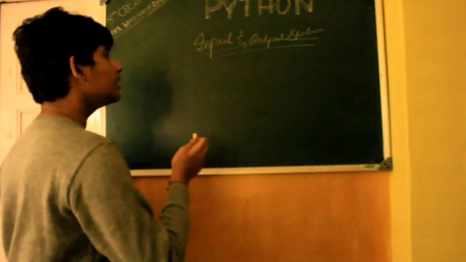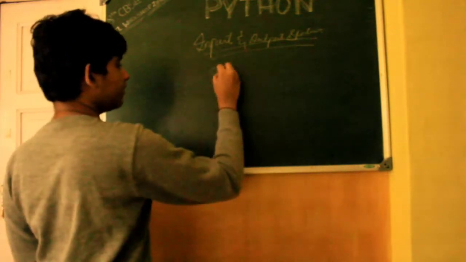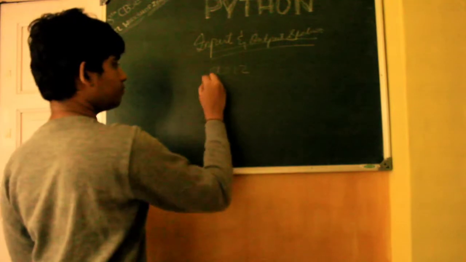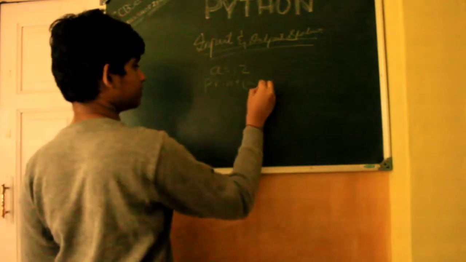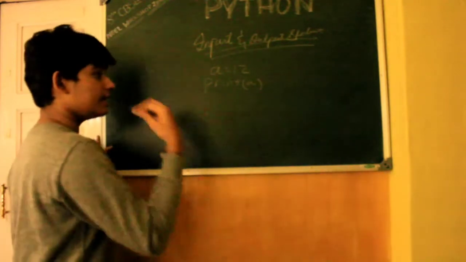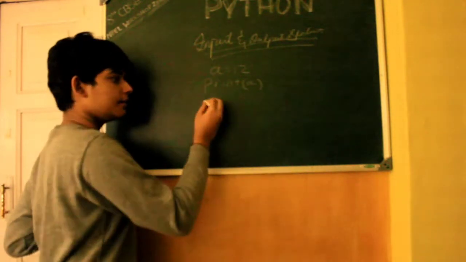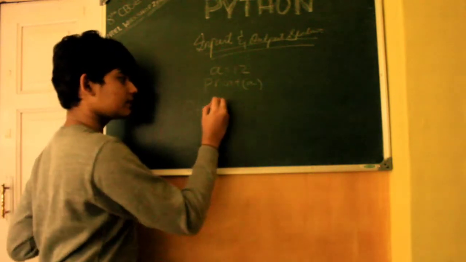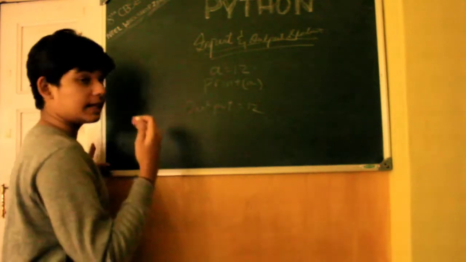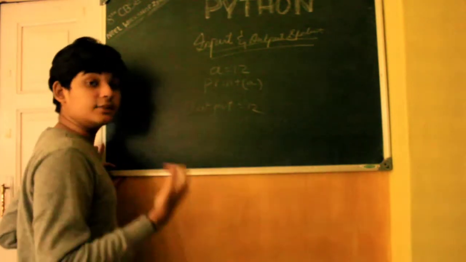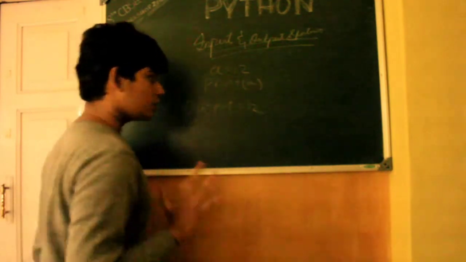For example, when you write a normal code, you can write something like a = 12, print a. For the code that I have written here, the output that you get is 12. But by using input functions, it can ask the user directly what you want the number to be. So for example,